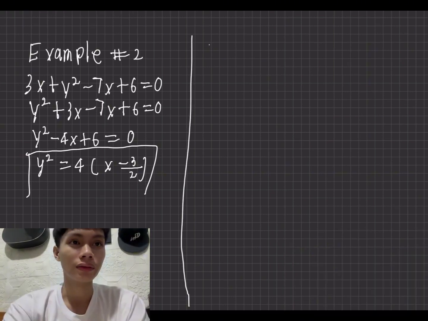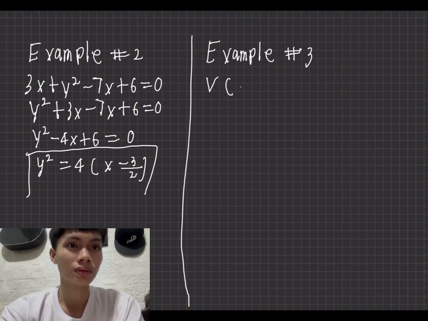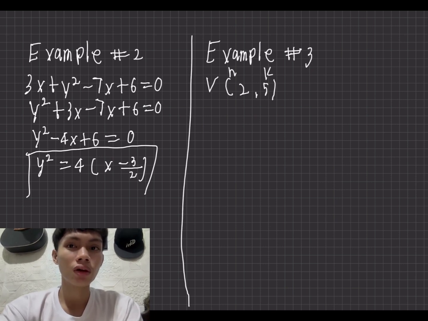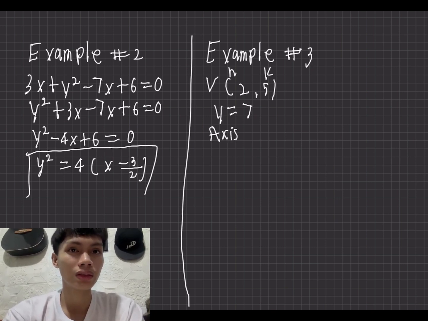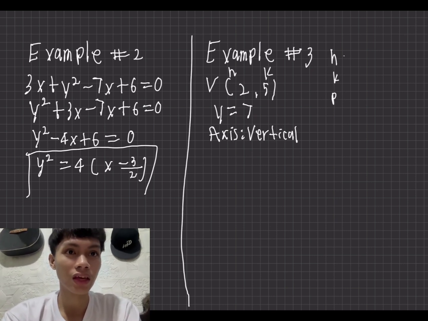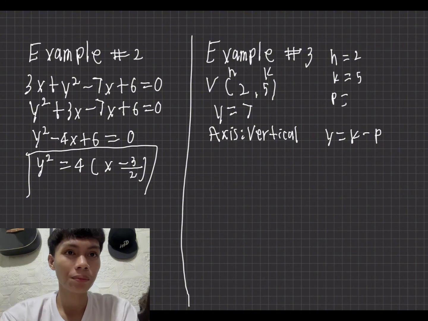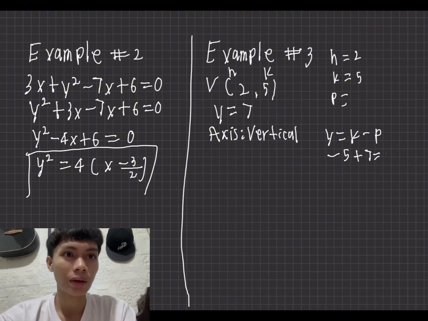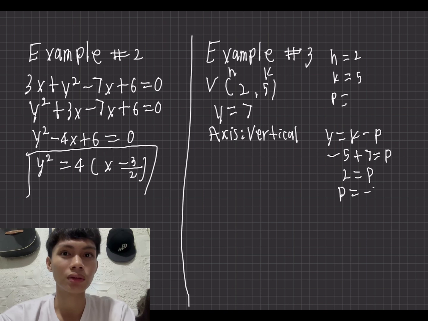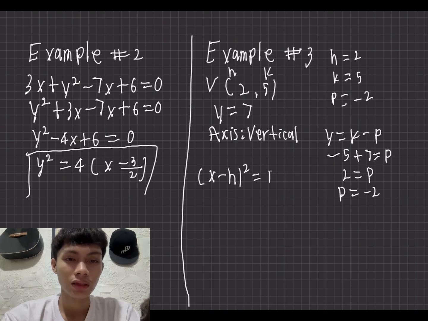For the third example, given the equation, we're going to solve for its standard form. The axis is vertical, and h is 2 and k is 5. We will find p, so we will solve for p. y equals k minus p, and k is 5. Distribute, that will be negative 5 plus 7 equals p. Negative 5 plus 7 equals 2. Distribute, that will be negative 2. We will arrange, that will be (x minus 2) squared equals 4